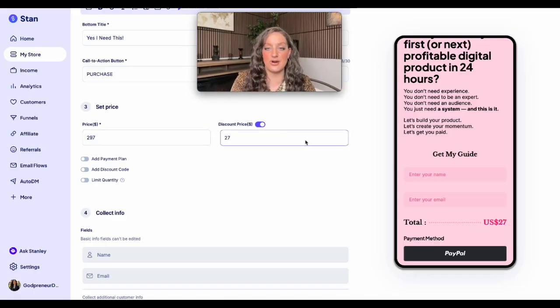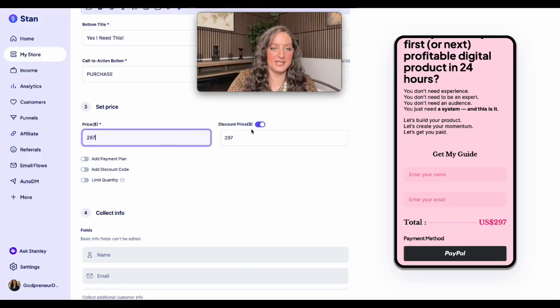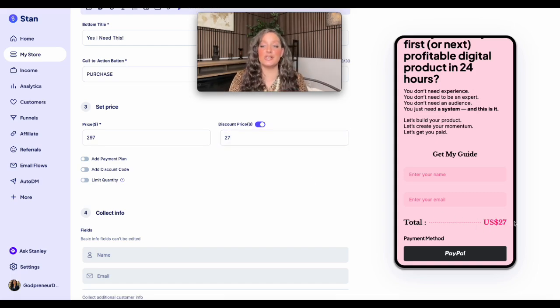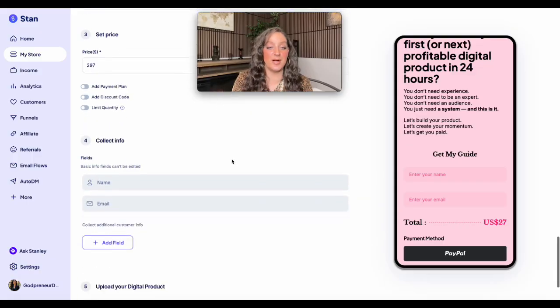So when you do that, it crosses it out. Or maybe I did it backwards and then put this $297. No, it was right. So right here to the left is what it was, and this is what you're giving it to them for. So on the website, $297 is going to be crossed off, and then you'll see $27 once you publish it, okay?